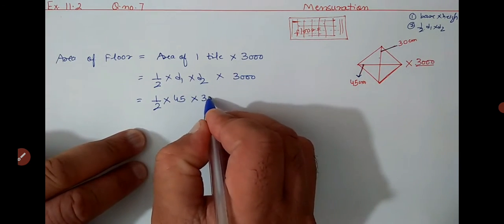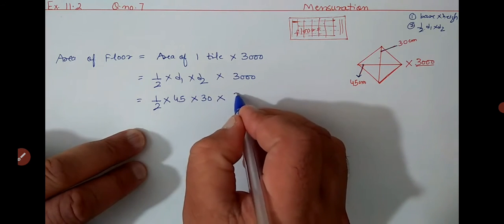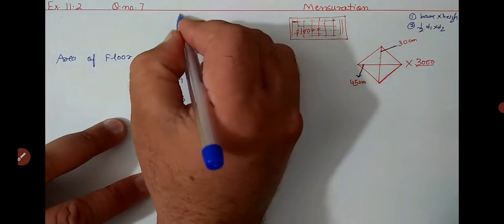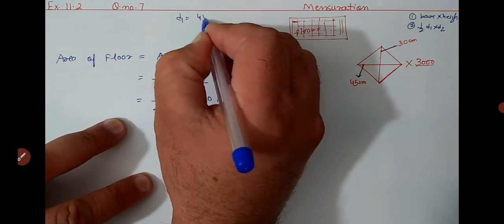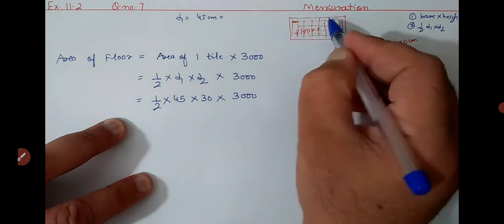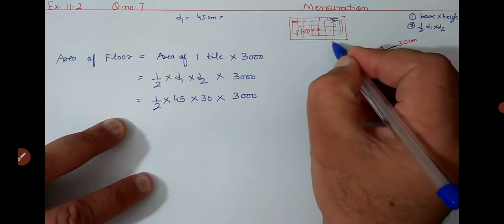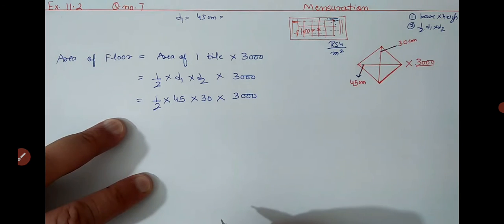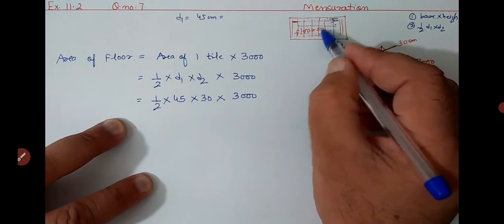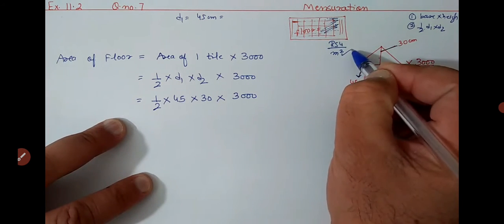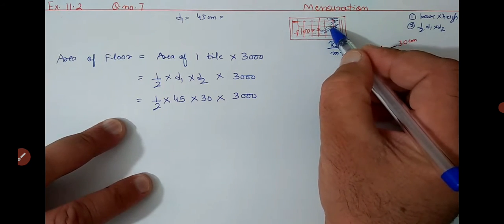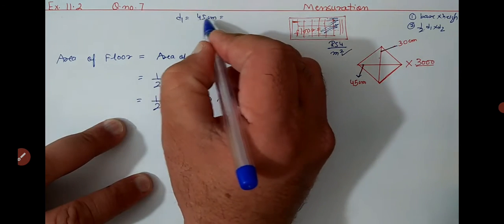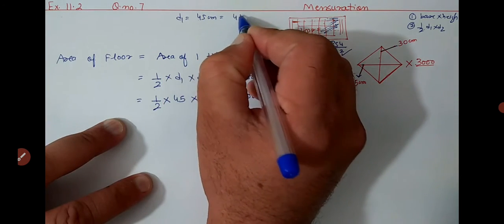Okay, into 3000. So 2 से कट करेंगे, 2 1 जा 2. And okay, ₹4 per meter square हमें लग रहा है उसको polishing करने का. Okay, understand. So first of all we find the area of floor.